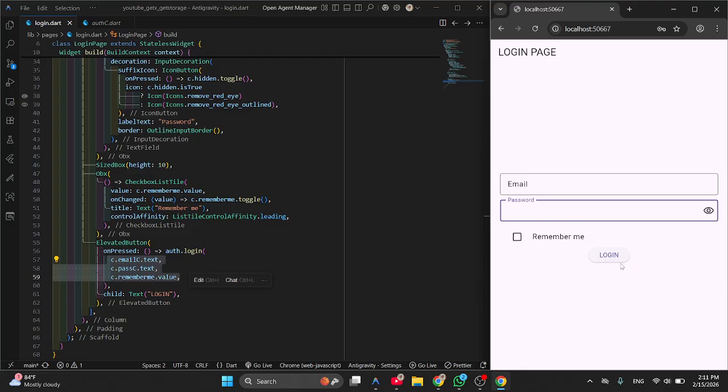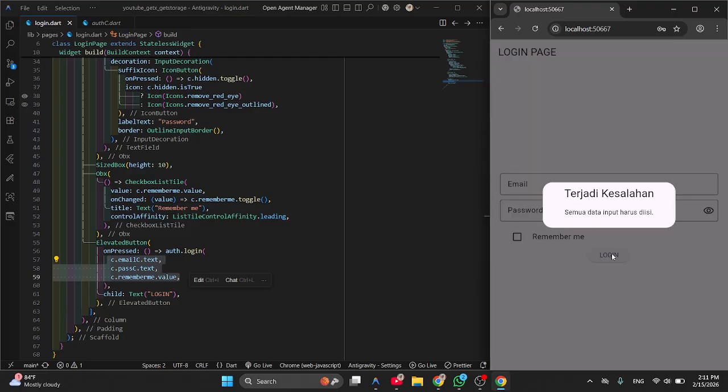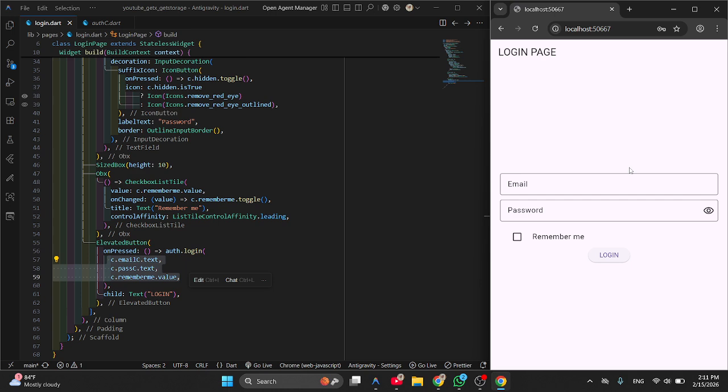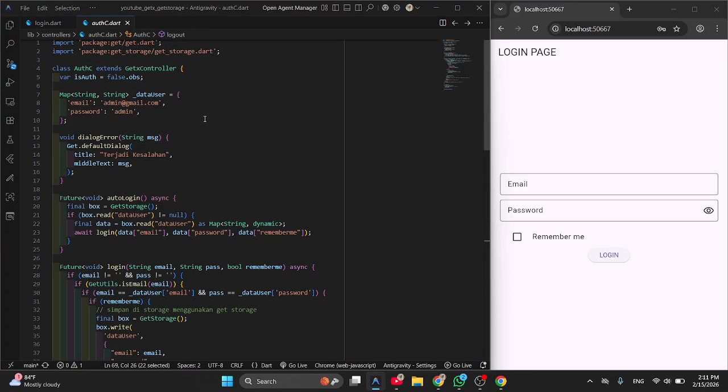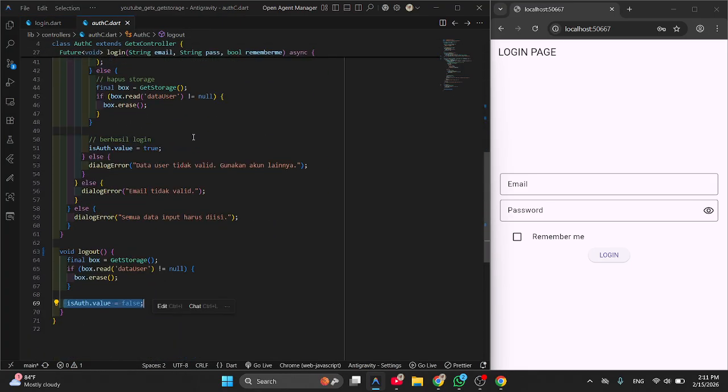The input data must be filled. Now you can see the error here, a simple dialog error, you can see. Dialog error.